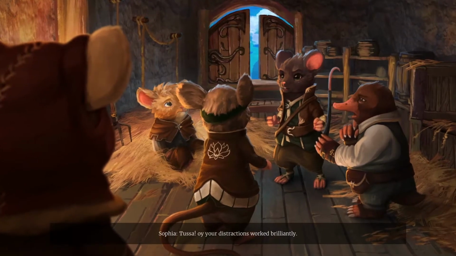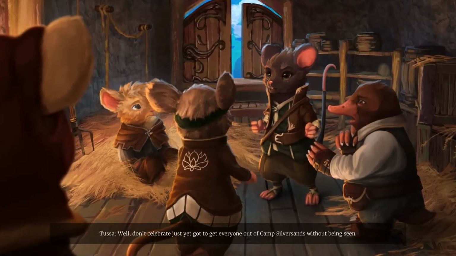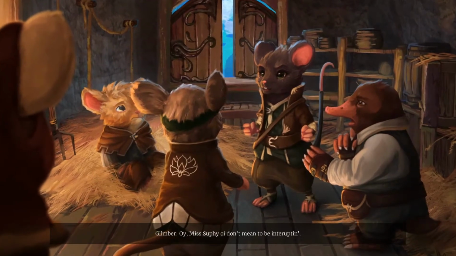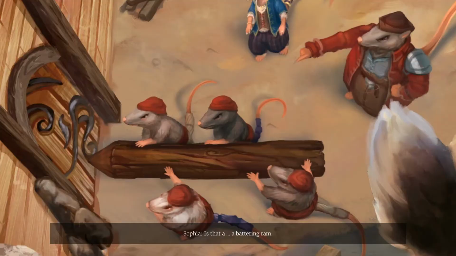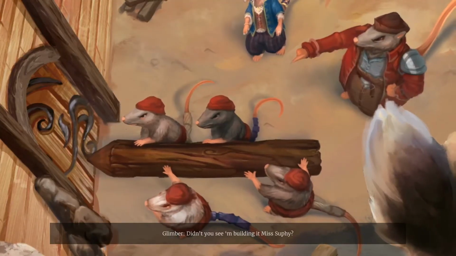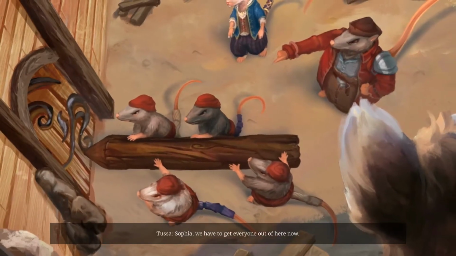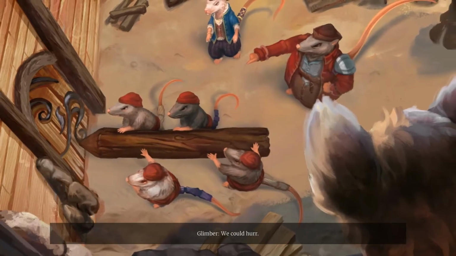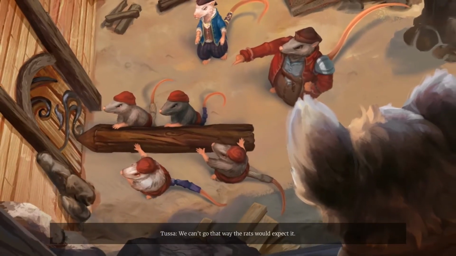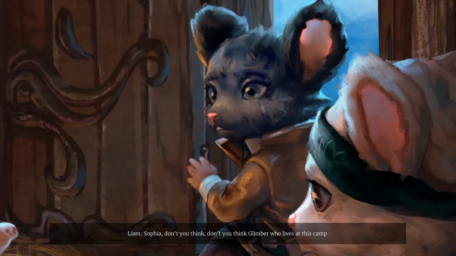Tassa! Oh, your distractions worked brilliantly. Well, don't celebrate just yet. We've got to get everyone out of Camp Silversands without being seen. I don't mean to be interrupting. At least we're safe here for now. What was that? Is that a battering ram? Didn't you see him building it, Miss Sophie? No! Why didn't you tell me? Sophia, we've got to get everyone out of here. Now. How? Back the way we came? We can't go that way. The rats will expect it. Well, I don't know any other way. Sophia! Huh? Don't you think